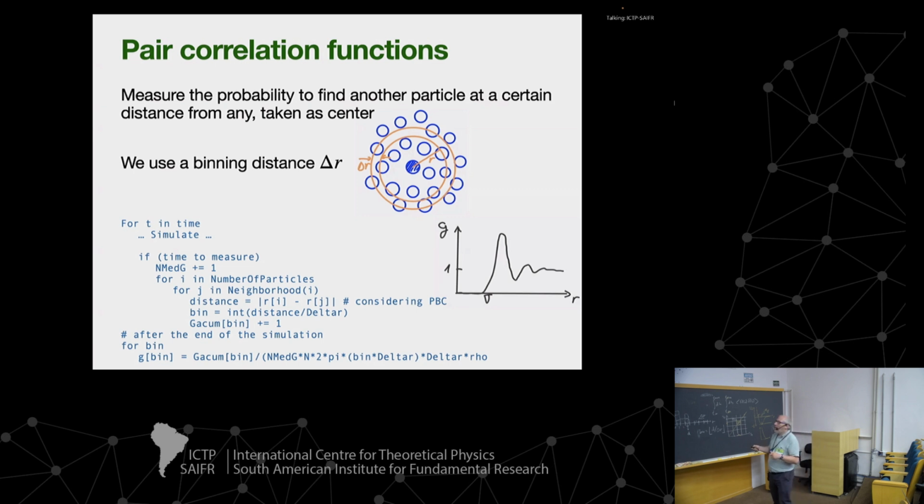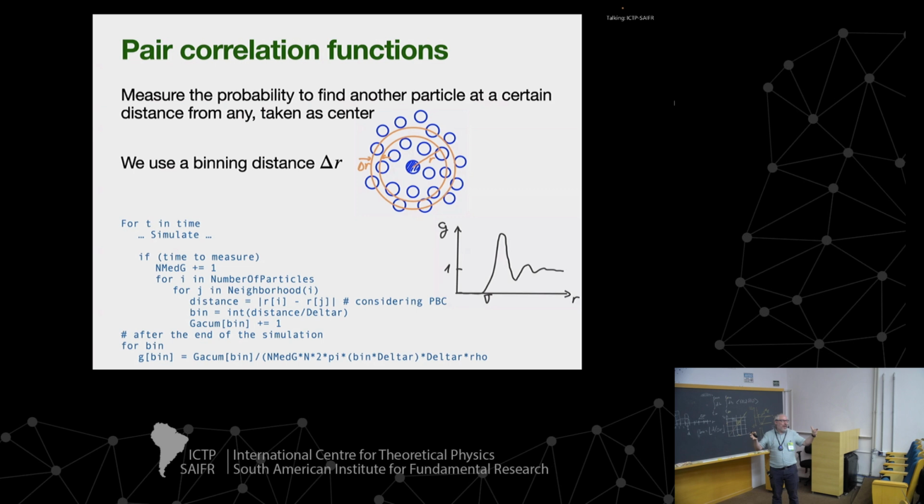Here's a closing parenthesis that is missing. You normalize to what? Of course, to the number of times you did the measurement. So this n measurement, G, this is in Spanish, en mediciones, sorry. It's my Spanglish coding. So you increment it by 1 every time you measure. So you divide by the number of measurements. You divide by the number of particles. Of course, because